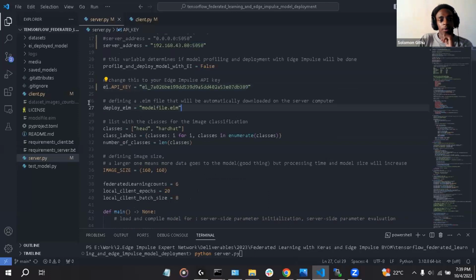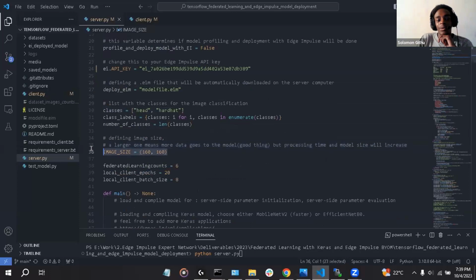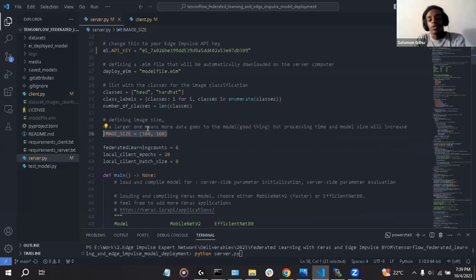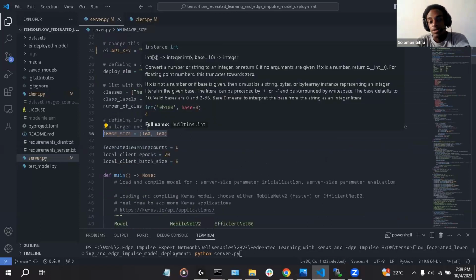Afterwards, here we will define an executable, which I call modelfy.eim. I will talk about this executable later. Here we define the classes for a model. So a model will have two classes. One class is head, the other class is heart. The other thing that we need to configure is the image size. So here I'm using an image size of 160 by 160 pixels.